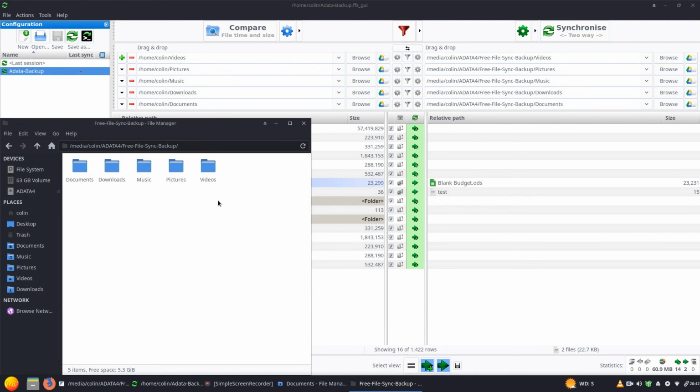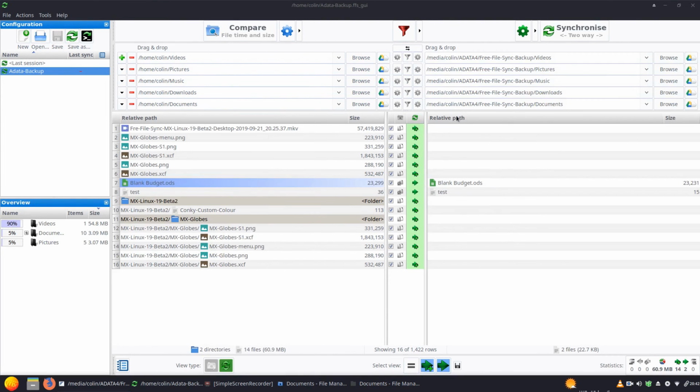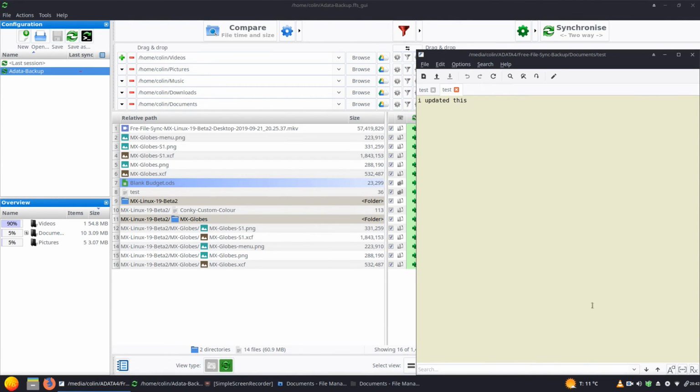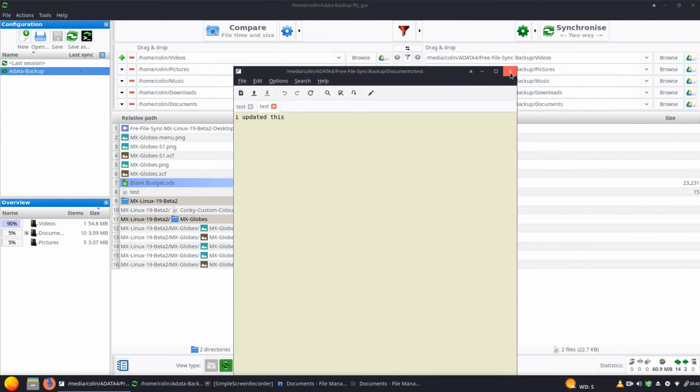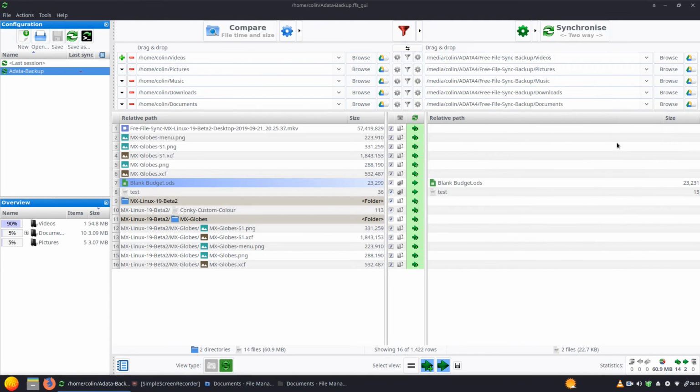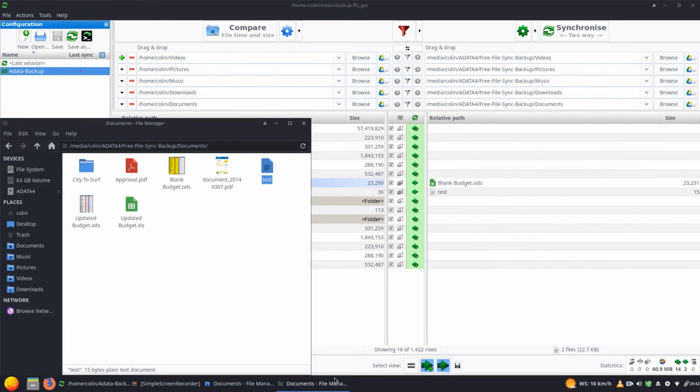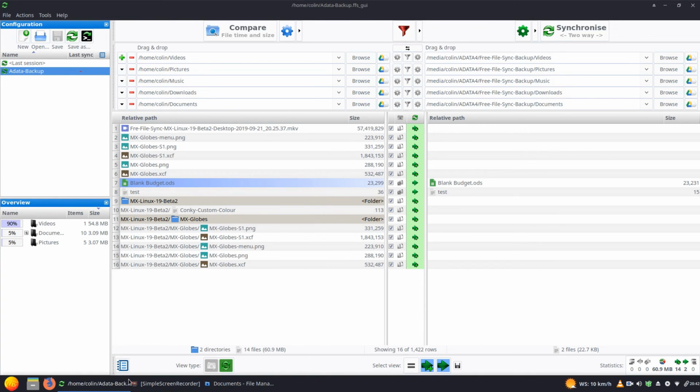Let's check that again. I don't know what happened there. And open that and you can see updated. I updated this. Why does that keep disappearing? It doesn't have the extra there. So let's now sync that,